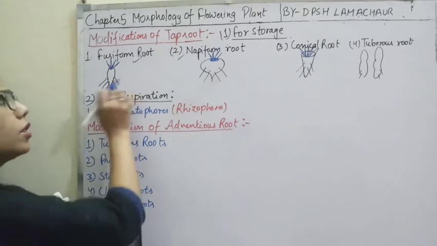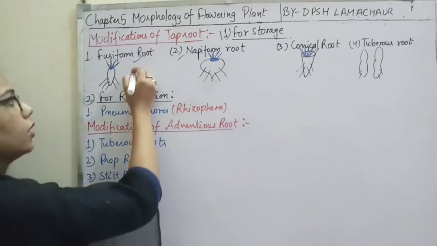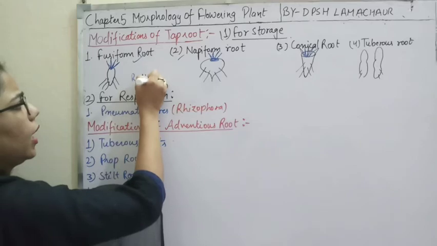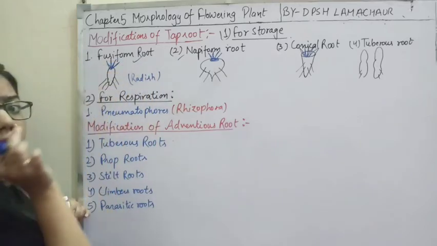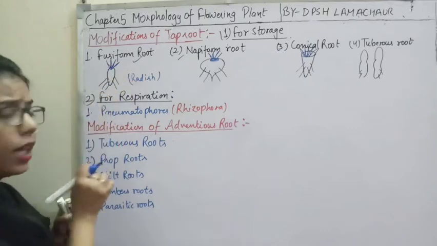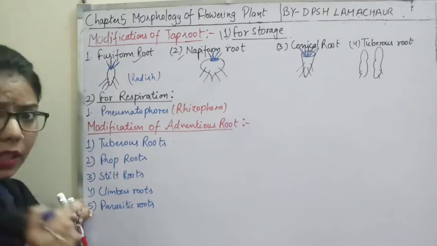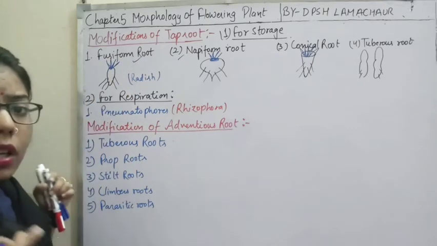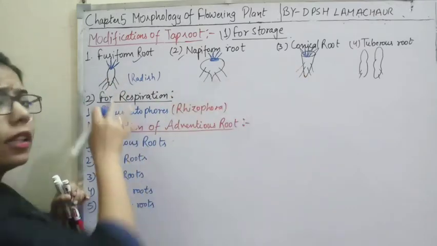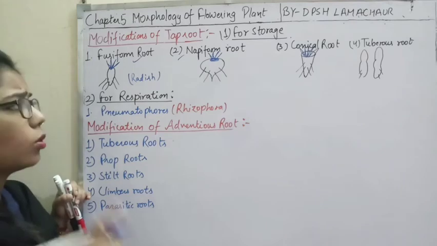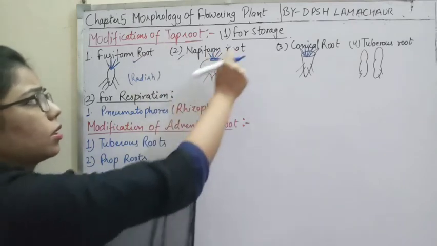So now the first example which I have mentioned here is of radish. Have you seen the radish? The structure is somewhat swollen at the center, and this can be spindle shaped here. And what is the function of all these roots? You can see here they are storing something. So the first function of this taproot system is for what?